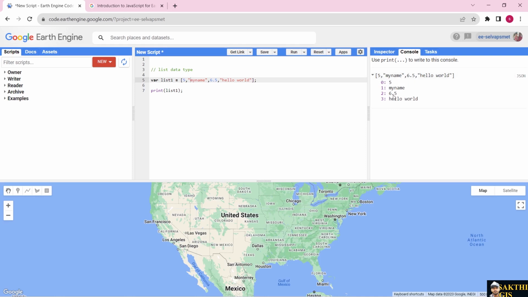6.5 it's a float, it's a number again. Hello world, it's a text. So within the one variable we stored different types of data also. So this data type is called the list data type. It will be used many times